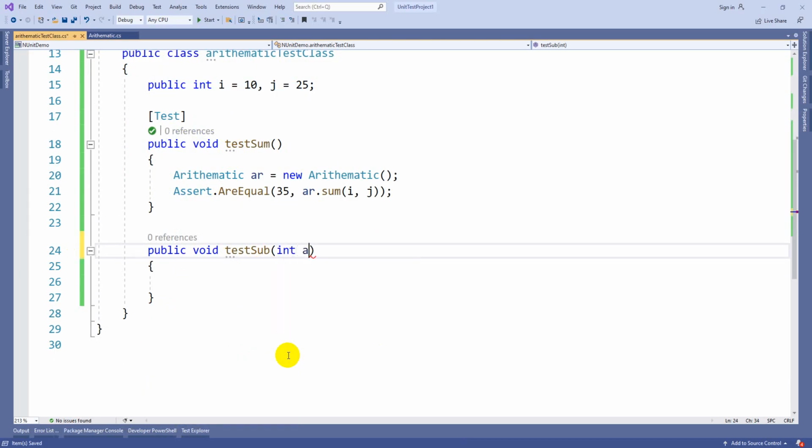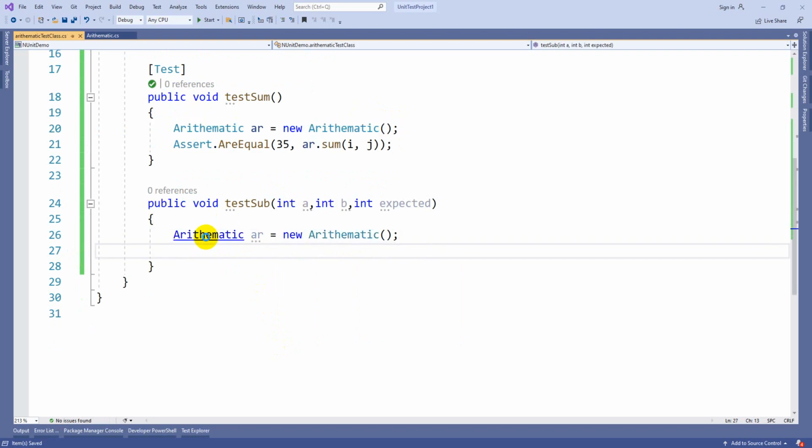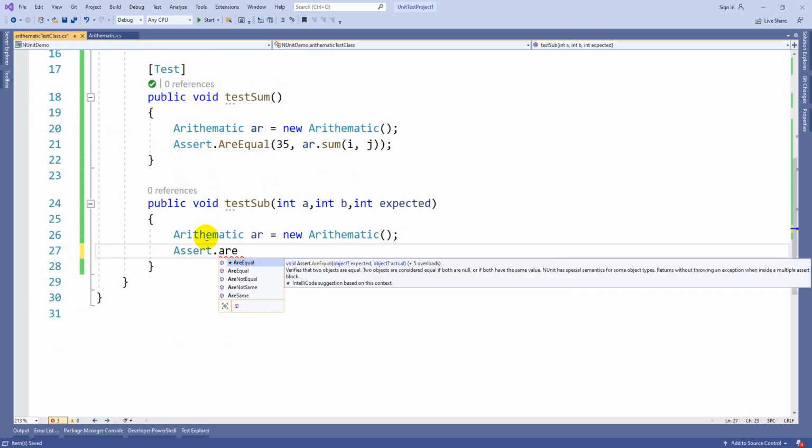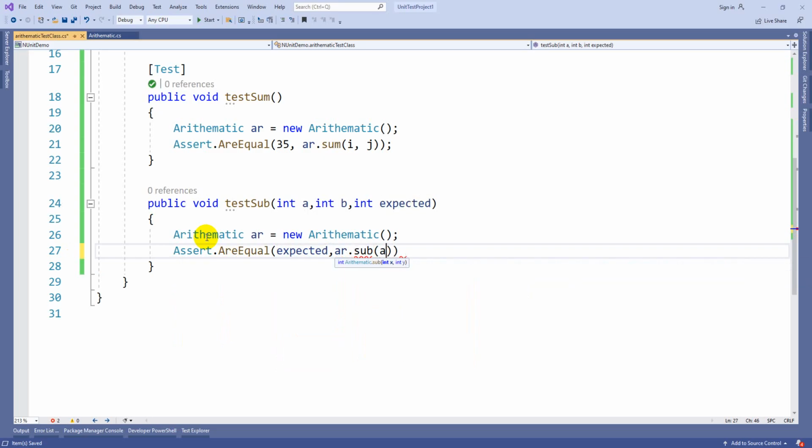So let's take int a, int b, and int expected value. You create the object as before, Arithmetic ar. Then Assert.AreEqual, where the expected value I am taking from the variable, and I am calling Subtract of a comma b.